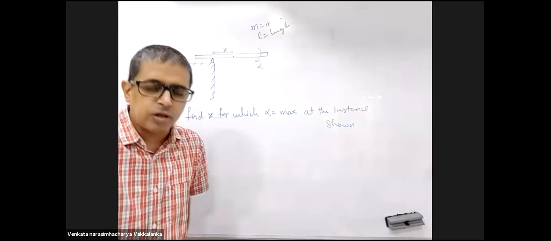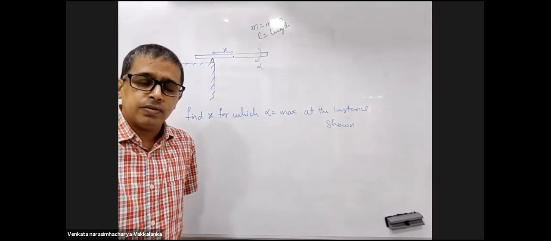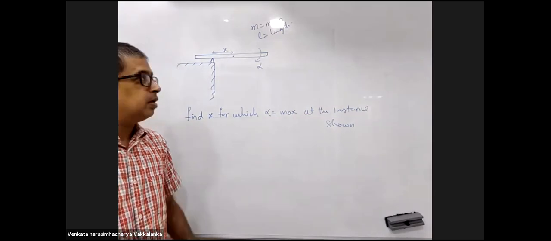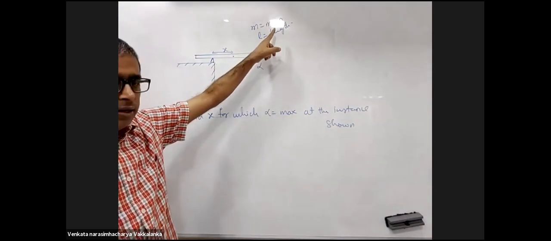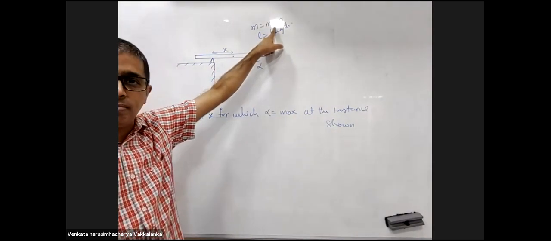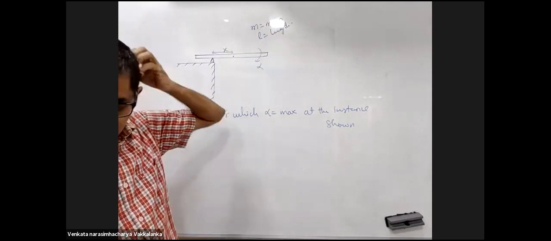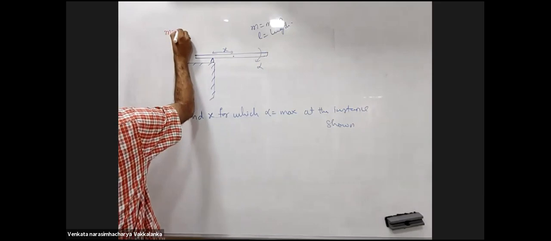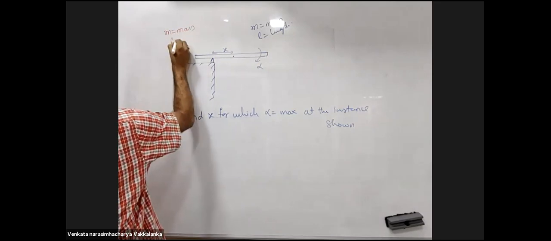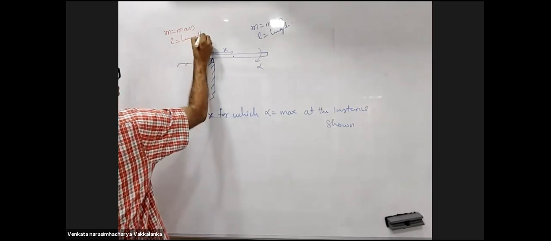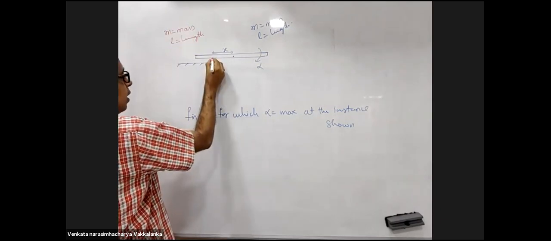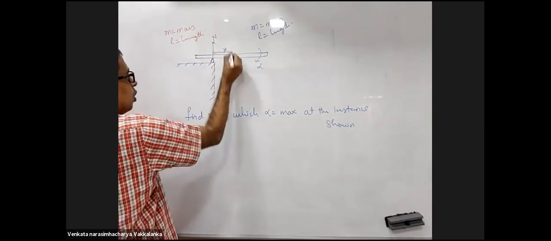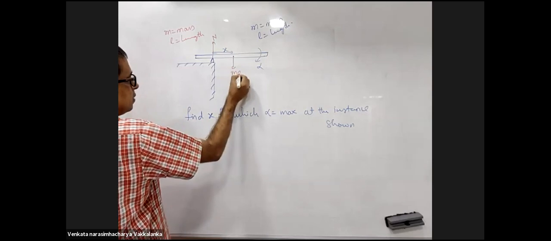Will you try or should I discuss? Sir, this is going to be a new concept, please tell me. Here, what I have written is M is the mass of the rod, L is the length of the rod. One hint: this is the normal force, and this is M.